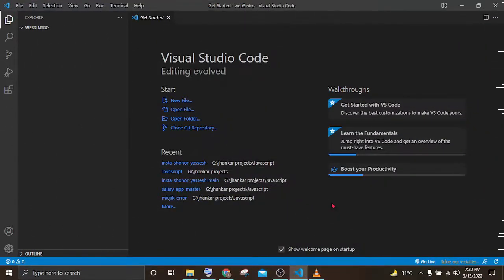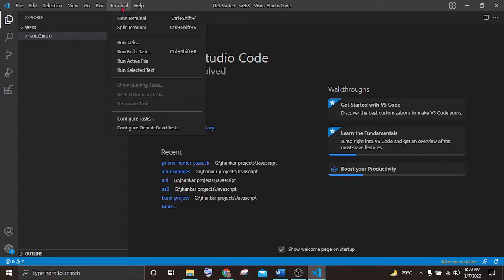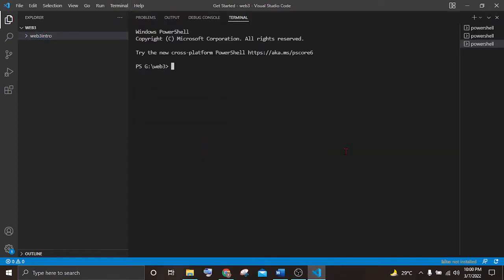As you are interested to know about Web3.js, I think you have a good knowledge of JavaScript and Node.js. Now let's move to Visual Studio Code and create a folder. I'm naming it Web3 Intro, and then I have to go to the terminal, and I'm opening a new terminal here. The first thing I need to do is to check if Node.js is installed in my computer,